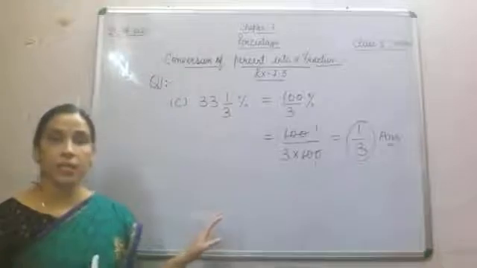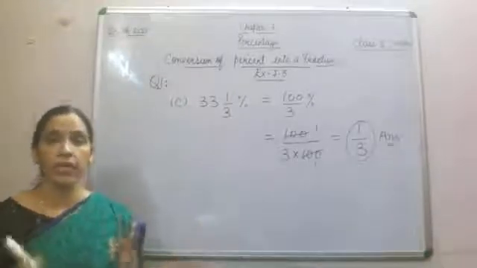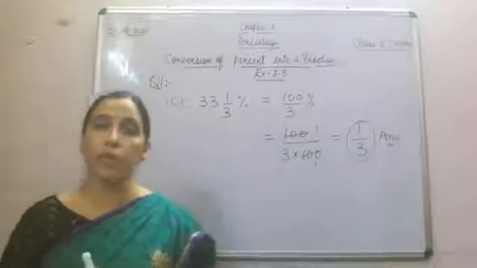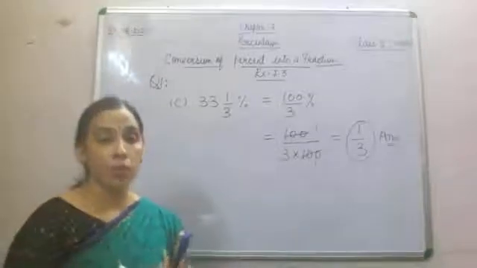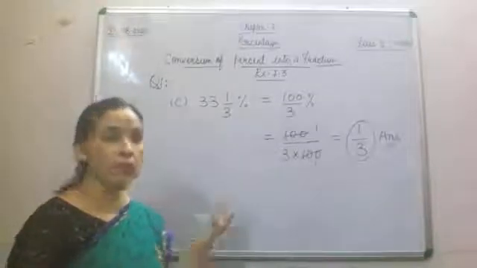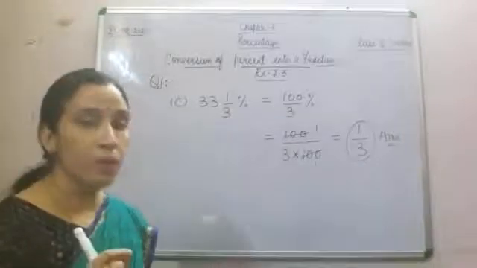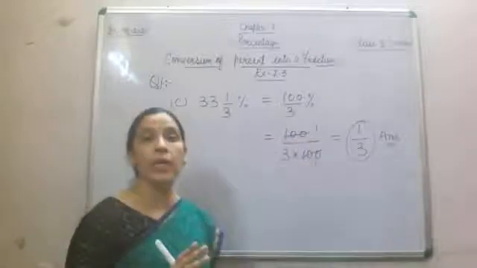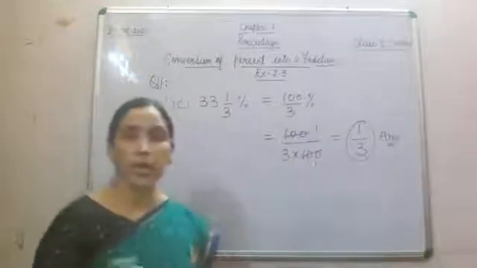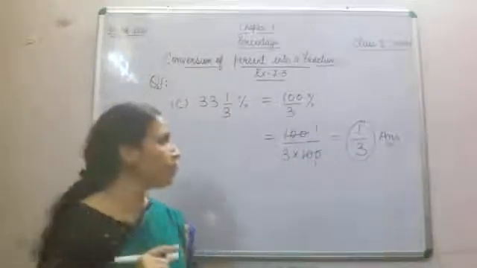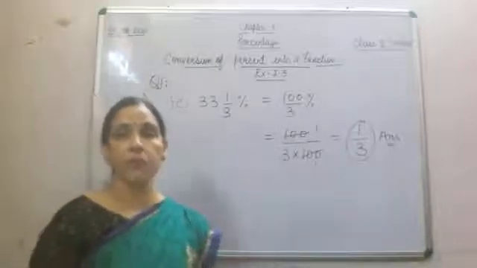Now in this exercise 7.3, question number 1 is what? The percentage will already be given and you are supposed to change it into fraction in the lowest form. So whatever percent number is given, we'll remove the percent and write it over 100. Fine, 1 will be multiplied here and then 100. Then 100 will be cancelled with 100. Then what will we get? 1 by 3 here. So I hope children, 2 concepts we have done today.